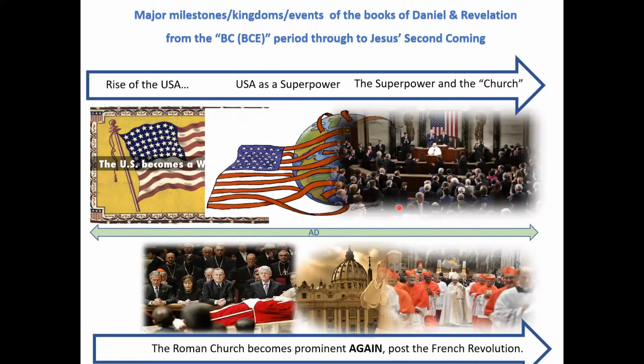And it gets to the point where in our lifetime, just a few years ago, we saw the head of the church addressing the joint heads of Congress, which was a unique arrangement, if you will, because America was seen as a sort of Protestant nation that fled from the persecution of the church in Europe during the Dark Ages period, and therefore had no alliance or no reverence, if you will, for the church in its traditional form. That is even further emphasized when